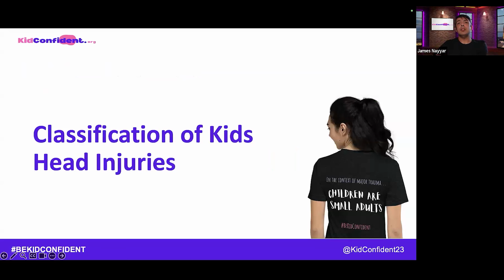So classification of head injuries in children. I've finished ranting. So what kind of head injuries do kids get? It's the same as adults, isn't it? They get the subdural, extradural and subarachnoid hematomas. They get diffuse axonal injuries, retinal hemorrhages, because the eye is really just a bit of brain on a stalk, isn't it? And then spinal cord damage, because spinal cord is just a bit of brain that is a stalk. But they also get the scalp injuries, concussions, skull fractures, all the things that you know about already. And the reason might be different, but the injury itself is the same, and so is the classification.